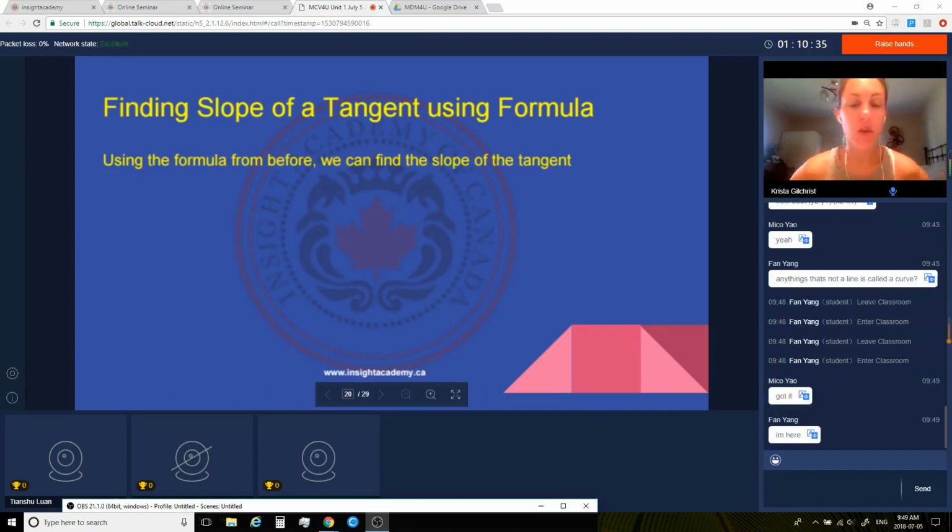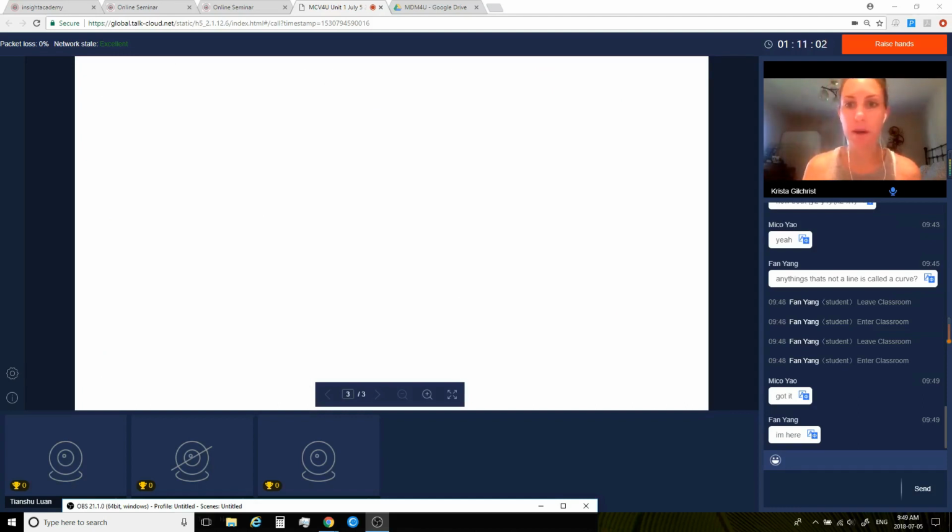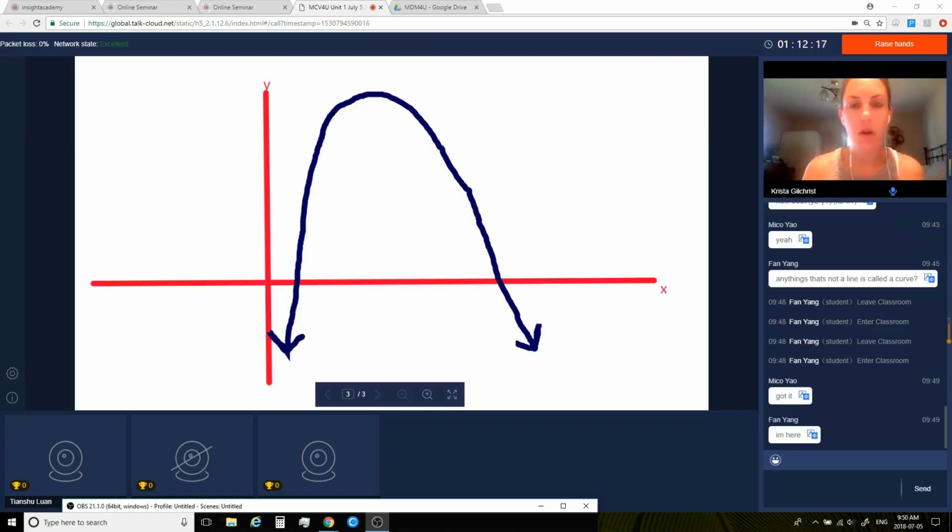Okay. So like I mentioned, there's a particular formula that we would use to find the tangent. And it's basically built off of finding an average rate of change. So what I'm going to do is leave the slideshow for a minute, and I'm just going to enable the whiteboard to illustrate where the formula comes from before we start to use it, okay? So give me a minute, and I'm going to draw another graph, and okay, so we have a